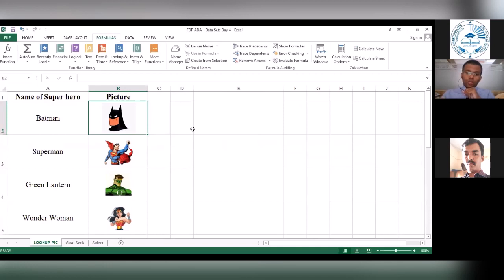For your lookup functionality to work with pictures, there is something very important that you have to remember. Your data set has to be formatted in this way.